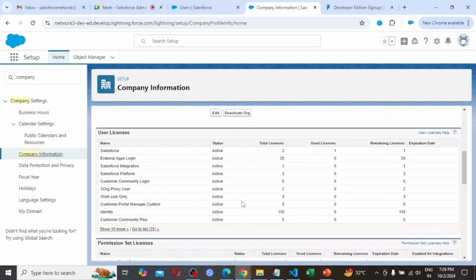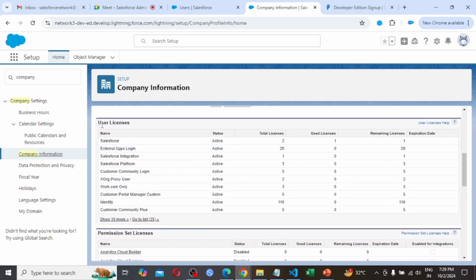Then next I want to show that here user licenses is there, and here we are seeing Salesforce license. This is active. Total licenses is 2, used licenses is 1, and remaining license is 1. So Salesforce is giving only 2 license